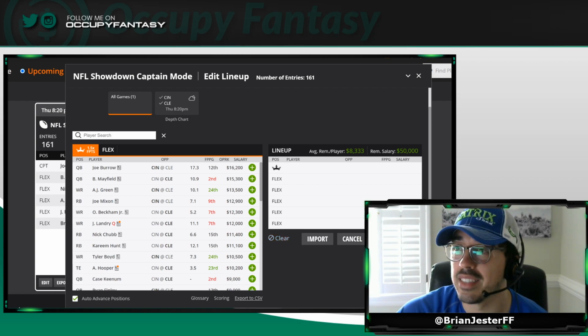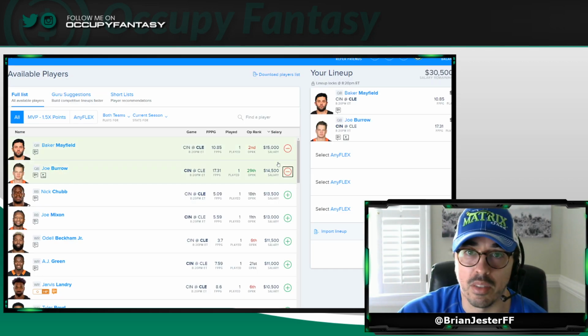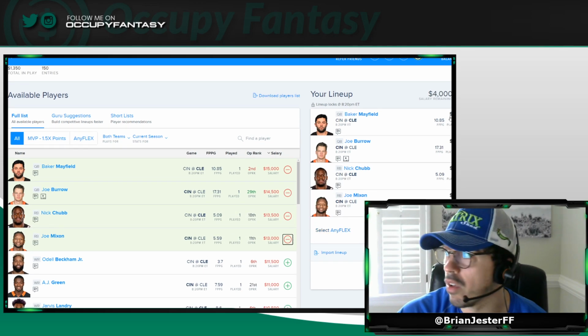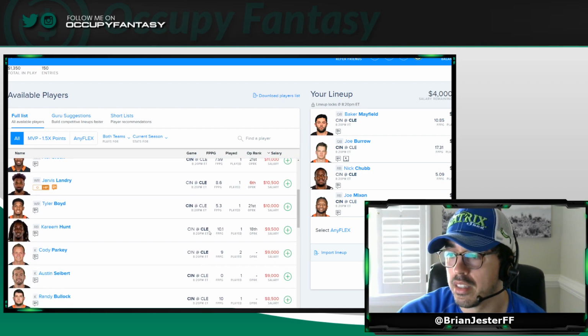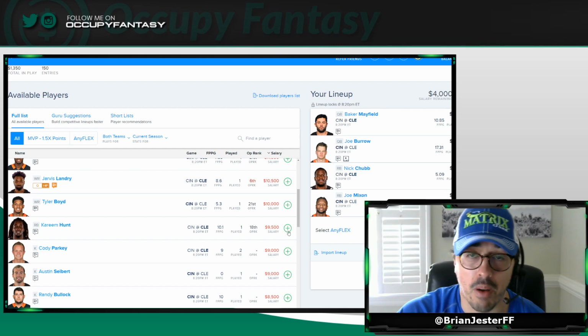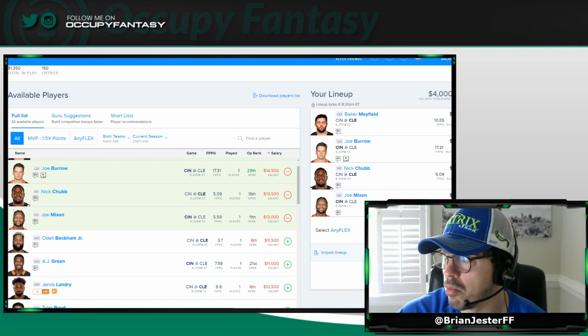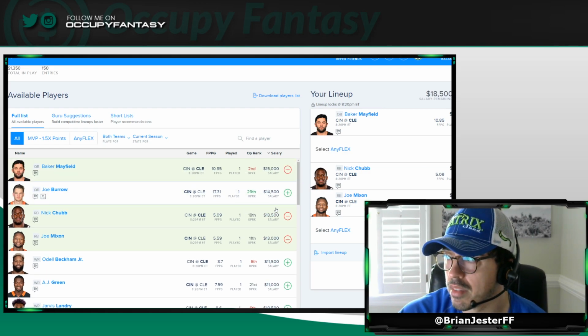Now, on FanDuel, it's not necessarily as easy. We definitely want a quarterback and captain on FanDuel. If we try to put in Nick Chubb and Joe Mixon, that only leaves us $4,000 left per player. So, in order to fit this in, we likely have to drop from Chubb down to Kareem Hunt, who's $9,500. That's a big $4,000 price savings. That would certainly help. Or, not necessarily recommended, Joe Burrow, the underdog quarterback, we could exclude him and go with